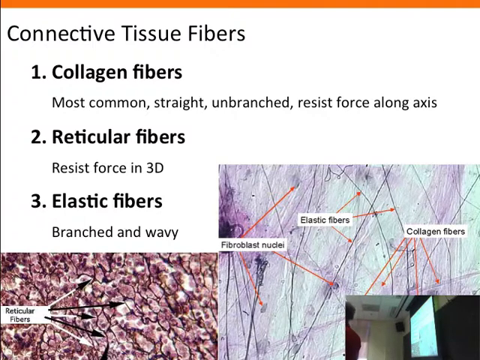It's not stretchy though. It restricts stretching in 3 dimensions. Okay, so this can make the capsule, for example, of the kidney. The layer surrounding the outside of the kidney is made of reticular fibers. So it's thick, it's strong, it can resist tension in multiple directions, not just a single direction like a collagen